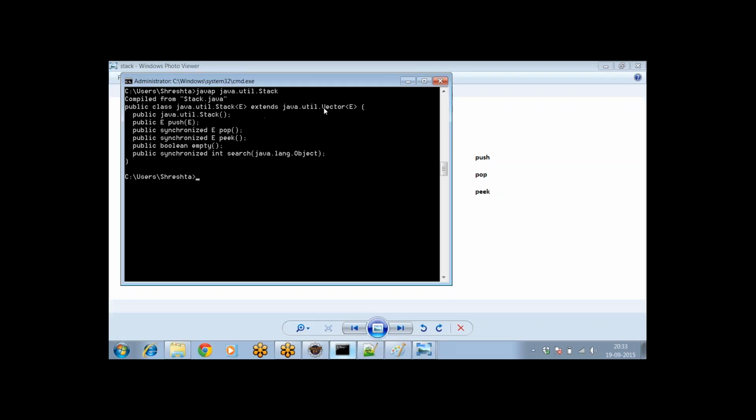Stack extends Vector. As I told you, Stack is a subclass of the Vector class. In the Stack class we got these methods: push, pop, peek, empty, search. Push to add an element, pop to remove the element from the top of the stack,